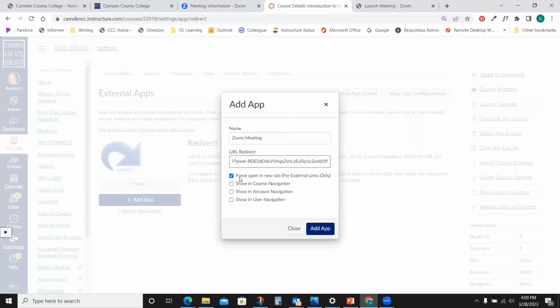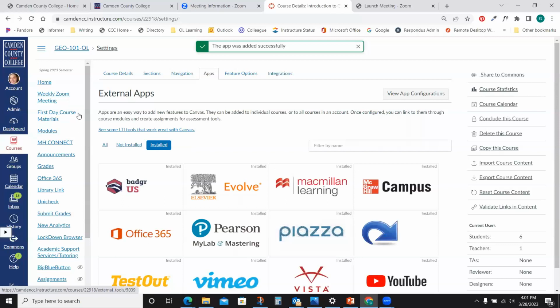And then usually if it's an external link, which most of the time it would be, I recommend clicking this force open in a new tab. That usually works better. And then we're also going to click show in course navigation, because that's what puts the link in the left-hand navigation. And then we're going to click add app.